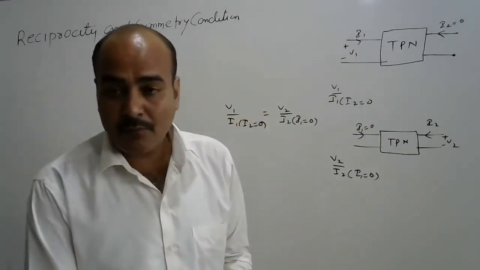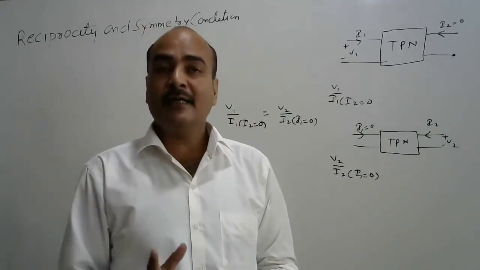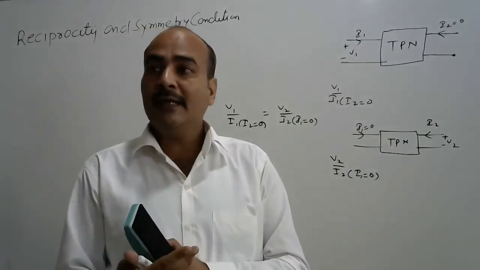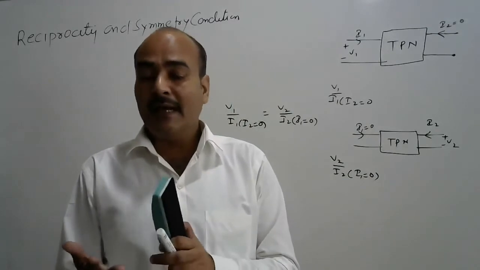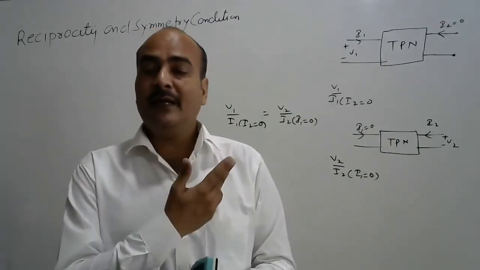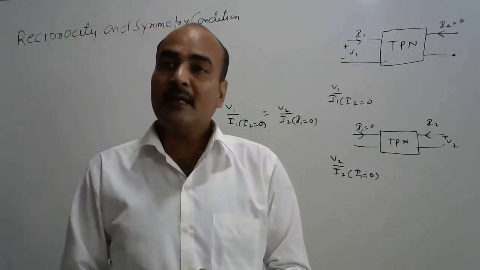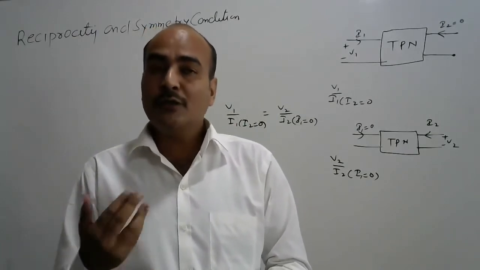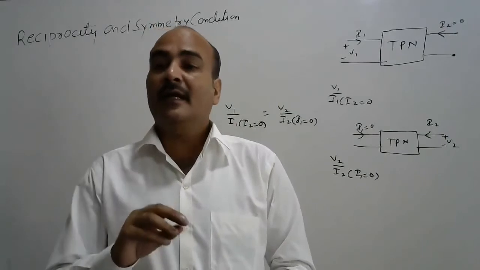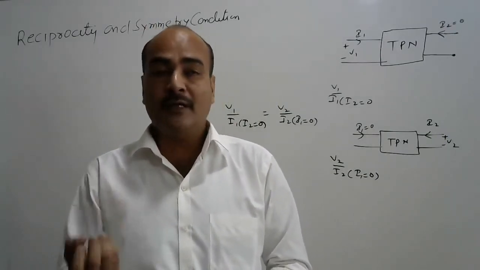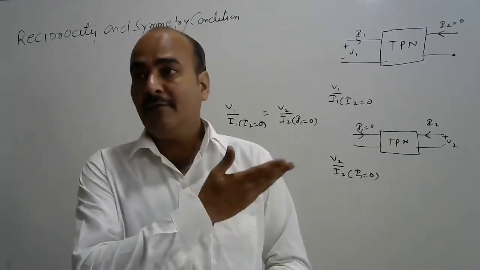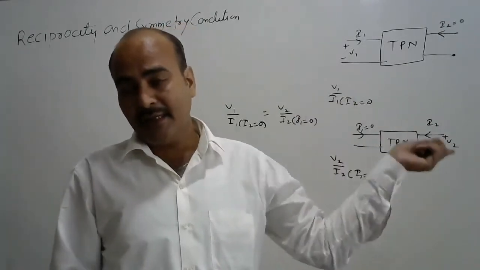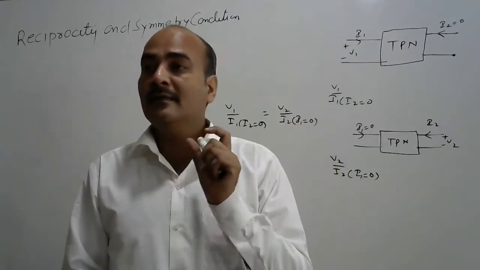Now we are finding the condition for reciprocity for the z parameter. What we calculate here is the same for y, h and t, so you just practice for y, h and t. Sometimes there is a numerical in the GATE exam or another competitive exam asking what is the condition of reciprocity for the h parameter, for the t parameter, or the condition for symmetry for the z parameter. So either you solve for the condition or just know the procedure and remember it.